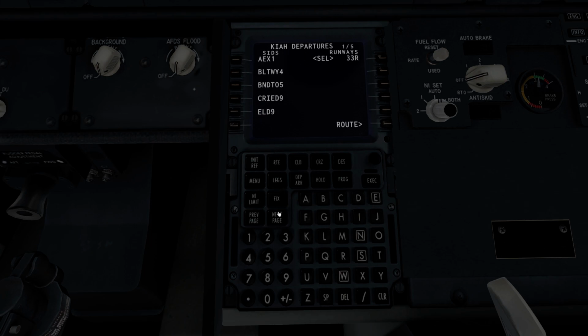So today we're going to be doing only 33 red as our departure. And we're gonna go